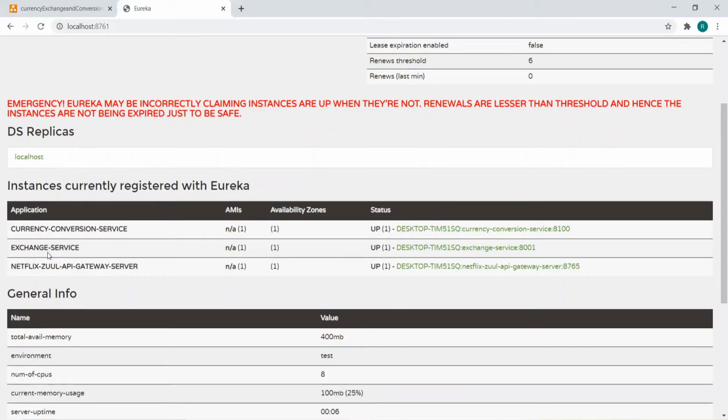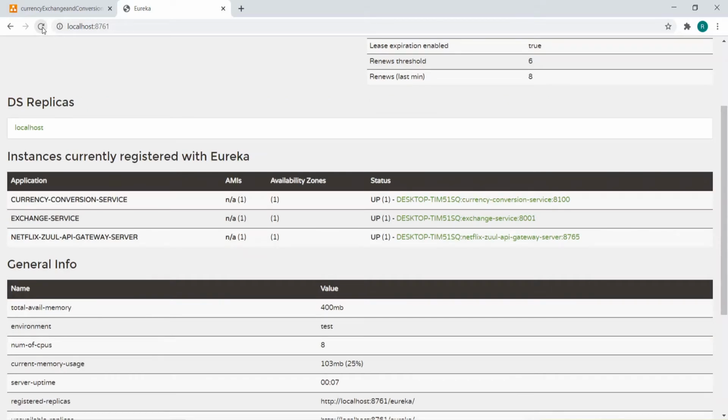So we'll see how Spring Cloud Sleuth is adding the trace ID to the particular request, and that trace ID you can find wherever and in whichever microservices it goes. Whatever microservices get hit by that request, you will find the same trace ID across the microservices, right? So let's see and refresh again.